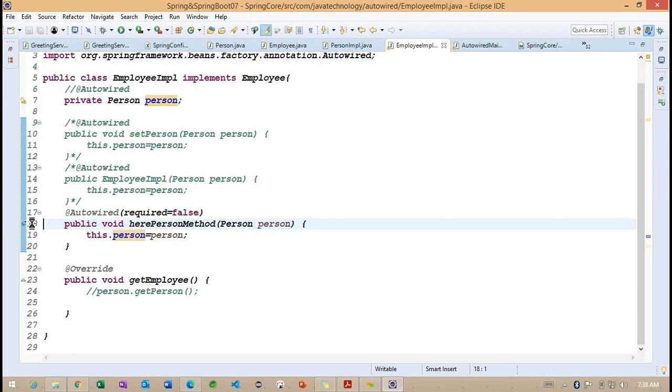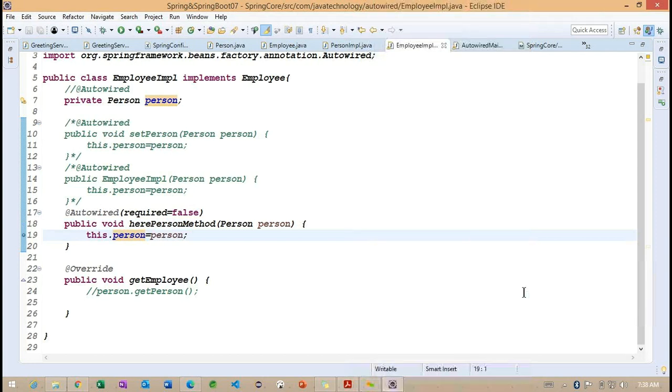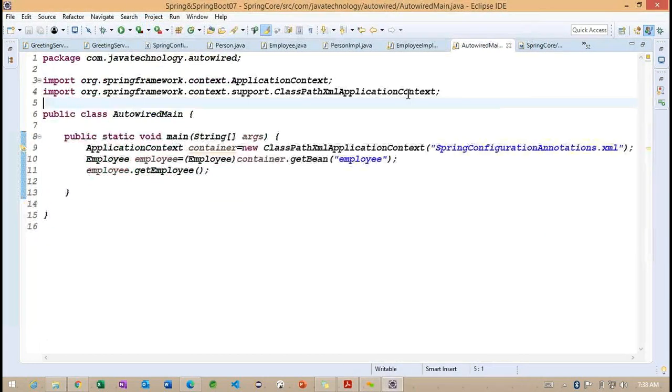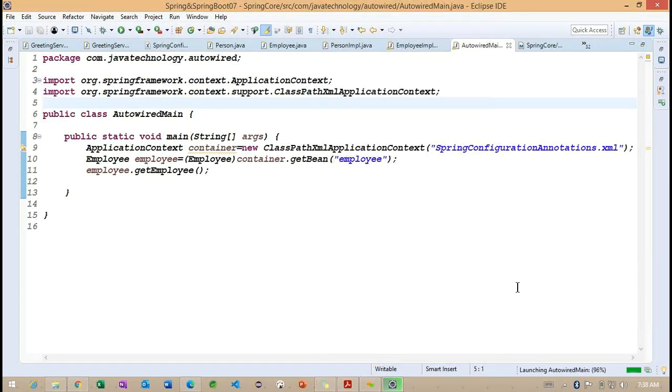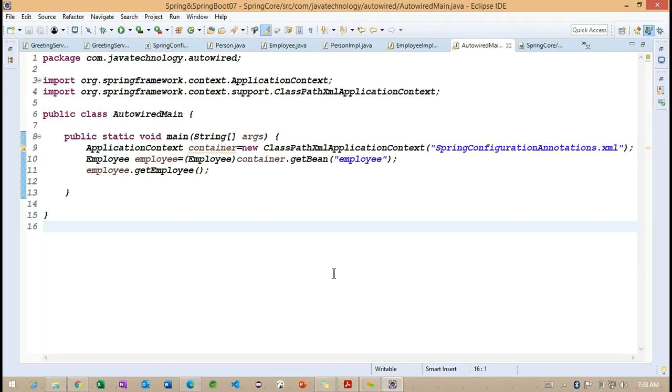Now you can see, in line number 19, how this application is going to provide. If I run in the debug mode, now you can see, okay, here we need to run.